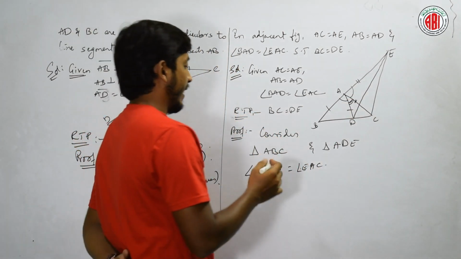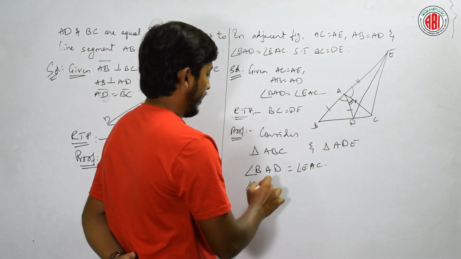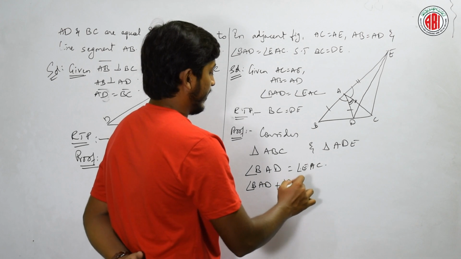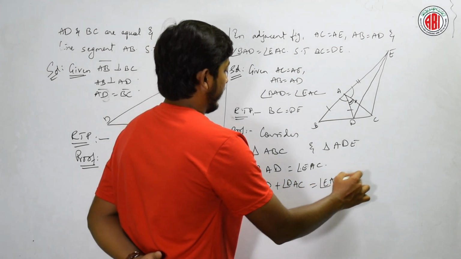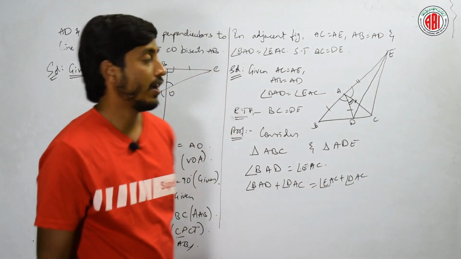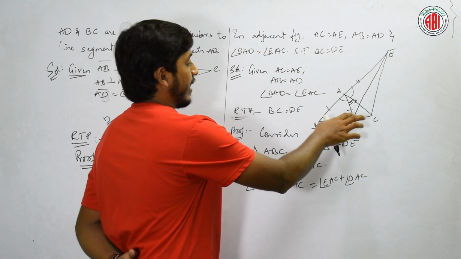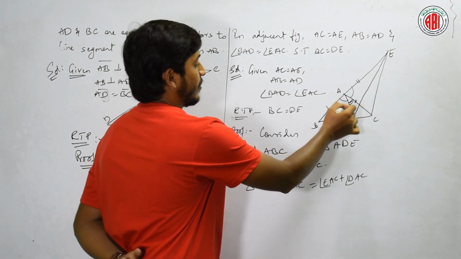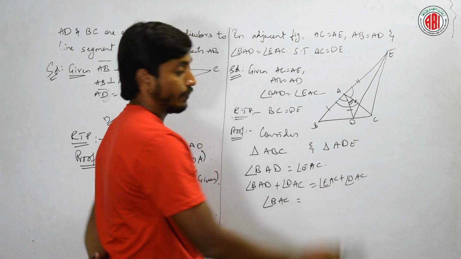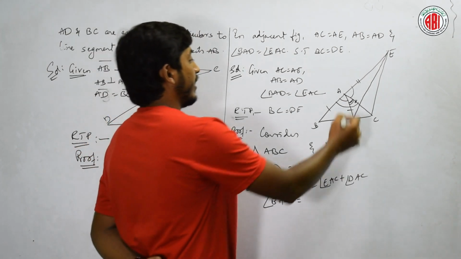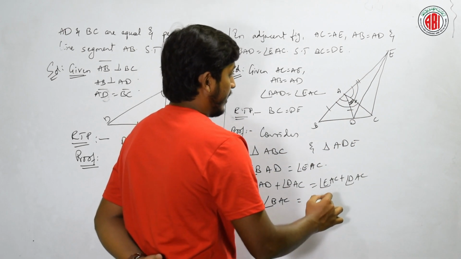Let us add this DAC on both sides: angle BAD plus angle DAC is equal to angle EAC plus angle DAC, okay. What is angle BAD plus angle DAC? That is nothing but this whole angle, that is angle BAC, clear. Similarly if I add these both I will get angle CAE,